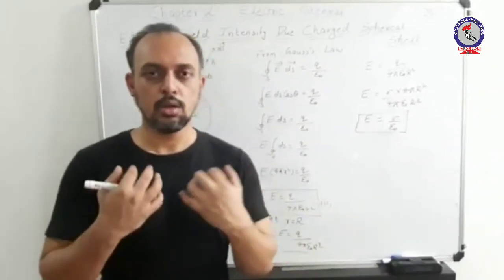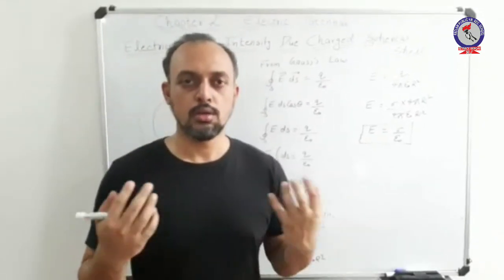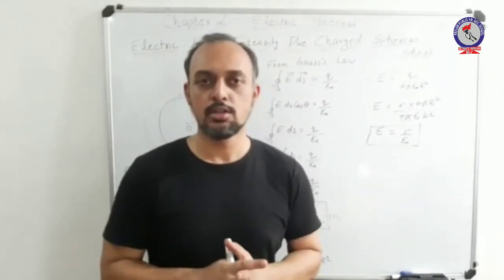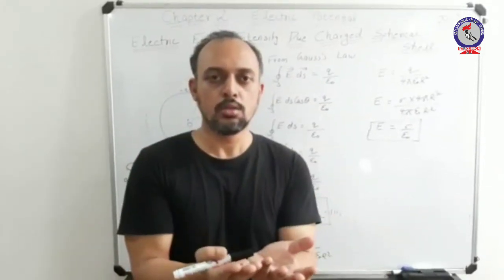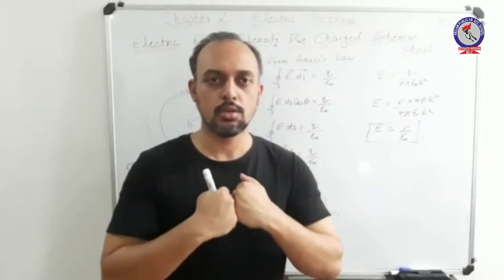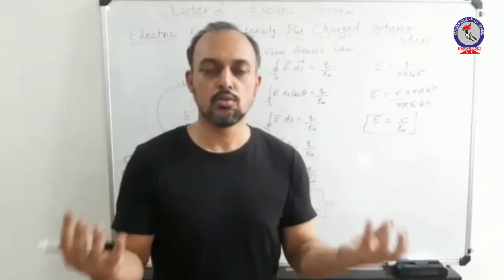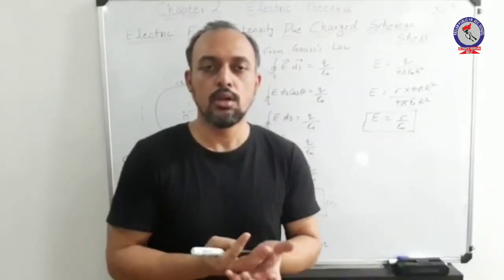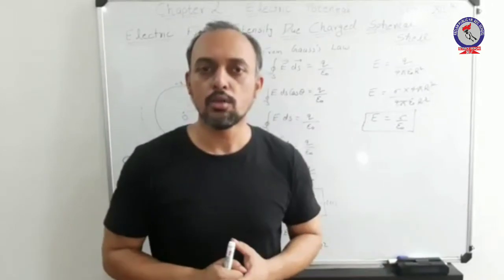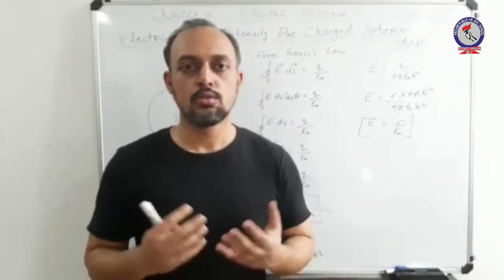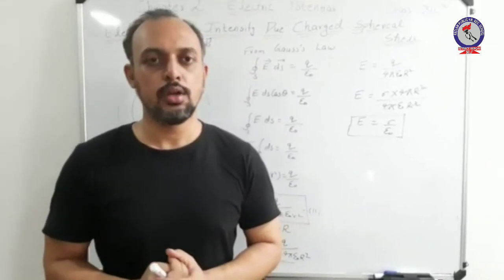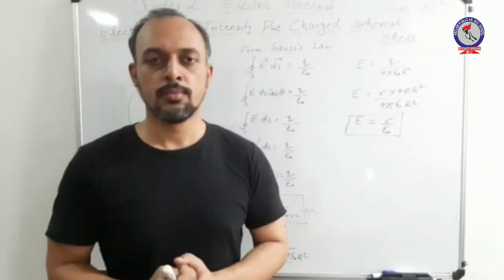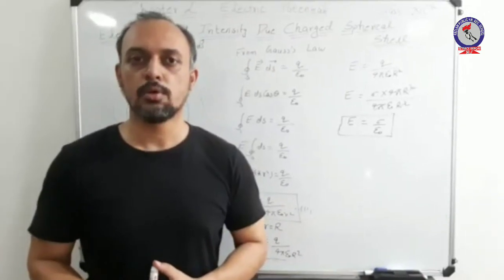Talking about the inner part of the shell, it is a well-known fact that a shell only contains charge on its surface and there is no charge in the interior of the shell. Hence, if there is no charge in the interior of the shell, the net field on the inside will also be zero. So this was the basic concept, logic and derivation of field intensity due to a spherical shell. I hope you have understood this topic well. Thank you.